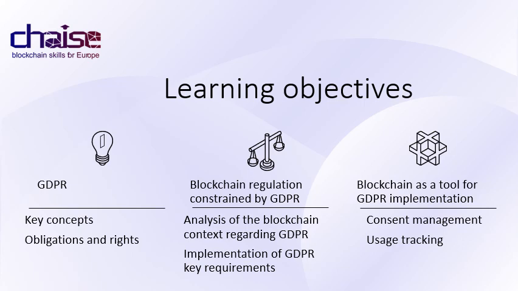Third, blockchain can be seen as a tool to support GDPR implementation. Due to its intrinsic immutability characteristics, blockchain appears as a convenient means to manage and log both consents and usages, so that both service providers and data providers can prove and check that data are fairly and actually collected, stored, and used. You will learn how consents can be stored and how smart contracts can be used to manage access control and proofs of usage.